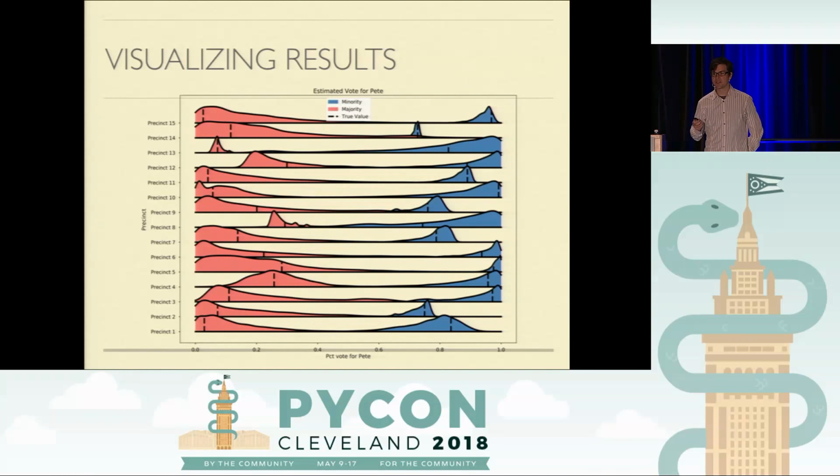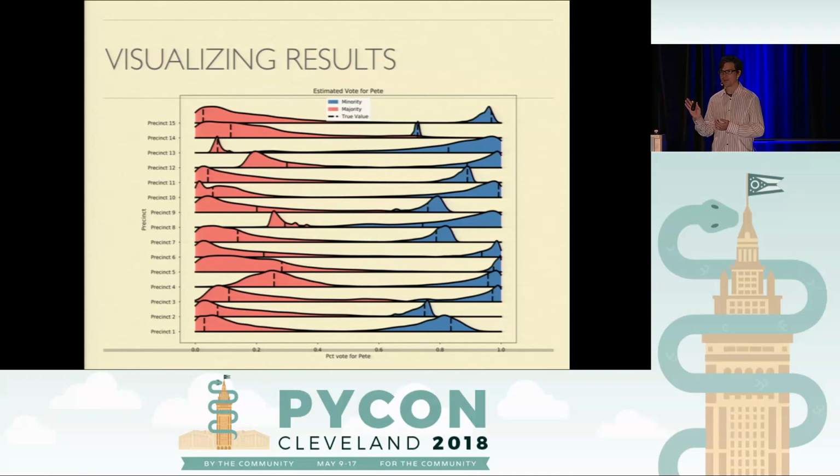And now I said we had 14 precincts, right? You can't really gerrymander just with one precinct because then everyone gets to vote. But here we've got 14 precincts, and I'm showing you the estimates that our model, King's model, gets over all 14 of these precincts. And so you can see often it ends up near the peak of the distribution. Sometimes it doesn't. Sometimes we're a little bit surprised, but usually we're not that surprised by what the true value was.